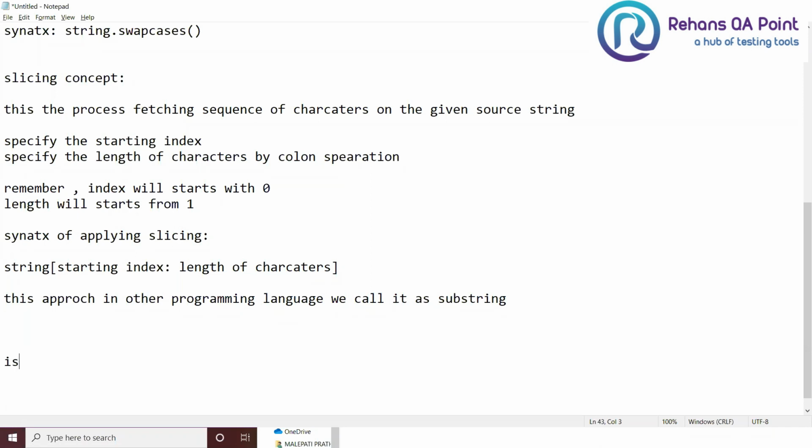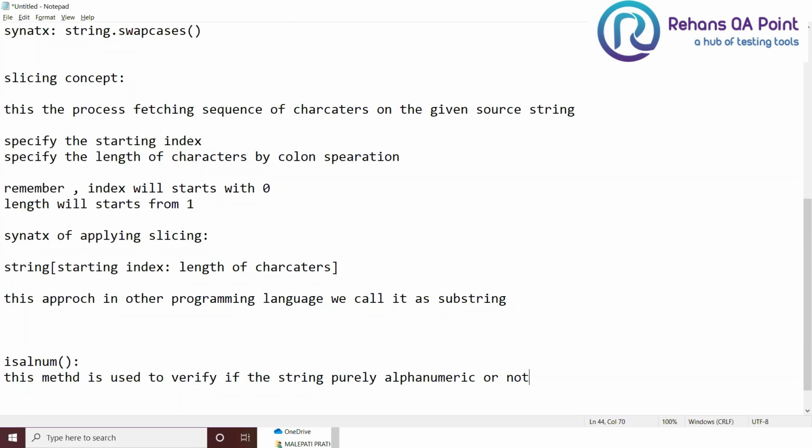Next method is alphanumeric. We call it isalnum. It is alphanumeric, there should not be any space. This method is used to verify if the string is purely alphanumeric or not.